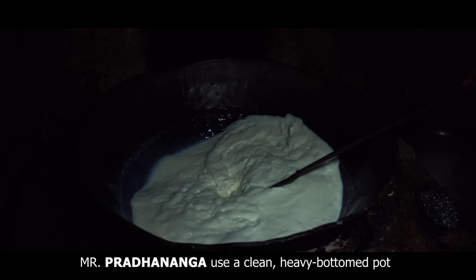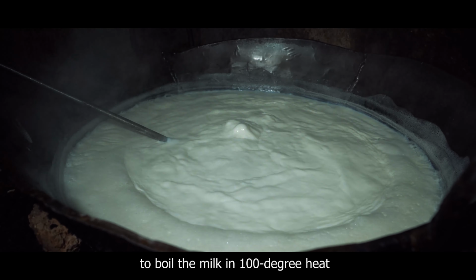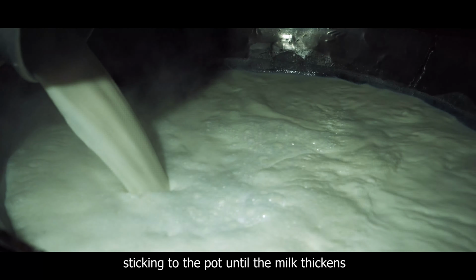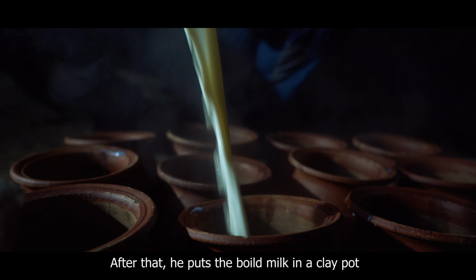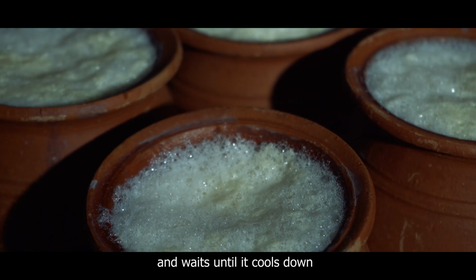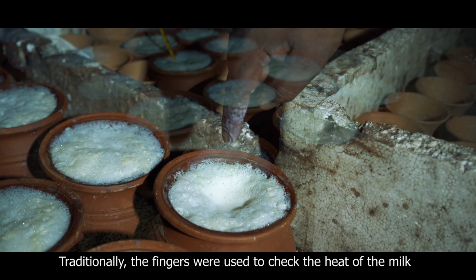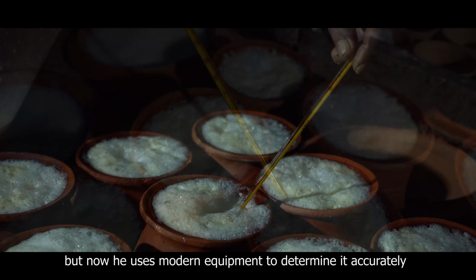Mr. Pradhananga uses a clean, heavy-bottomed pot to boil the milk in 100-degree heat. He stirs it constantly to avoid it sticking to the pot until the milk thickens. After that, he puts the boiled milk in a clay pot and waits until it cools down to approximately 40 degrees. Traditionally, the fingers were used to check the heat of the milk, but now he uses modern equipment to